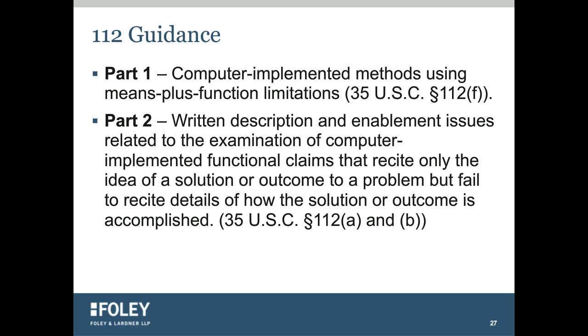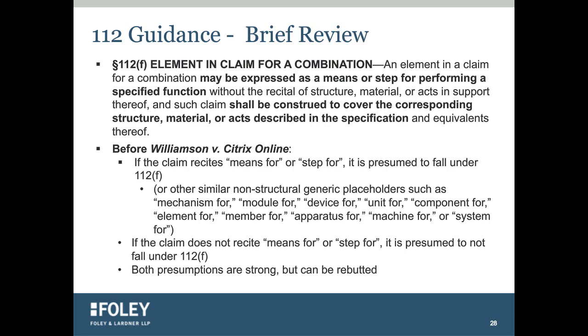Now, as the slide shows, there are 2 parts to this guidance. The first one relates to computer implemented methods using means plus function limitations. And then the second part relates to the written description and enablement issues for functional claiming. So just a brief review. Before the AIA, 112 paragraph 6 was the section that included the provision for what was called means plus function claiming. After the AIA changed the